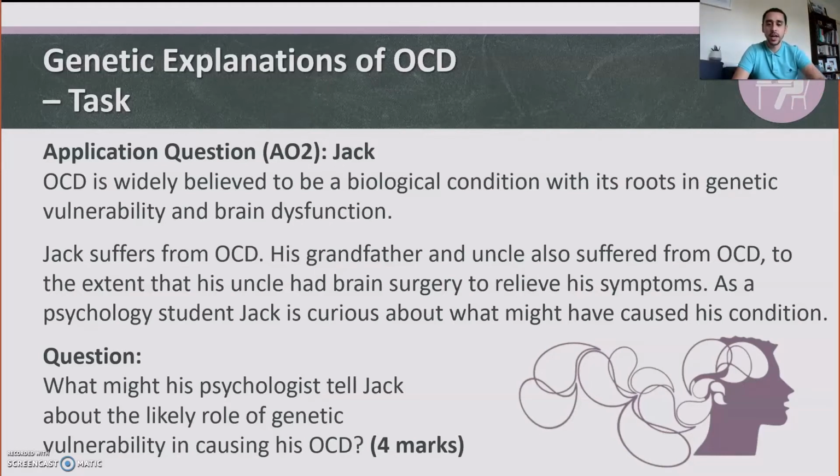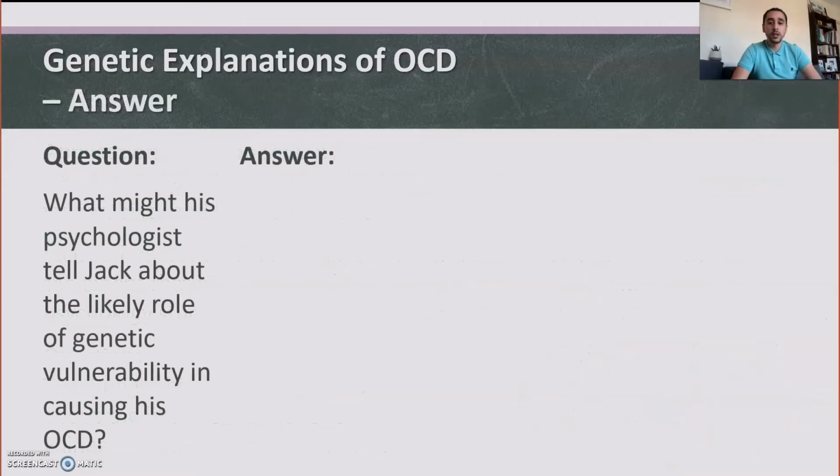4 marks, okay? Give yourself 5 minutes. It's an application question. We're applying our knowledge to this scenario about Jack. In your answer, you can talk about Jack. Don't talk vaguely. No, Jack. Tell me about Jack. Tell me about Jack's granddad. Tell me about his scenario, okay? Quote parts of the question in your answer. That's the best way to get marks in an application question, okay? Give that a go. Give yourself 5 minutes. Pause the video because I'm going to go through the answer now.